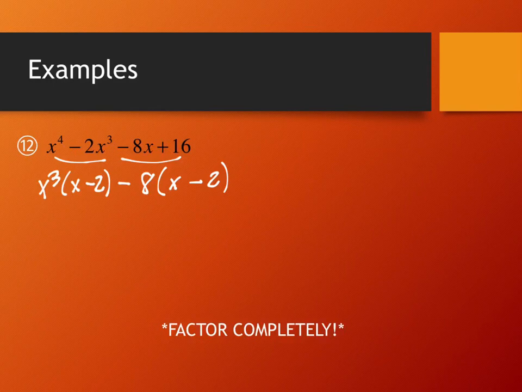They have the x minus 2 in common, but I'm left with x cubed minus 8 on the other 2 pieces. Much like on the last problem, where I still had a difference of squares when I got to this point, this has a difference of cubes, doesn't it? So one of the things I want to leave you with as we finish this problem is that you always need to make sure that everything in your final answer is actually completely factored. This one isn't yet. So I have to do one more step,